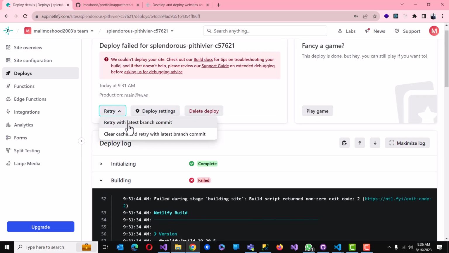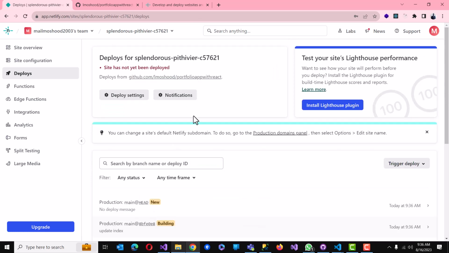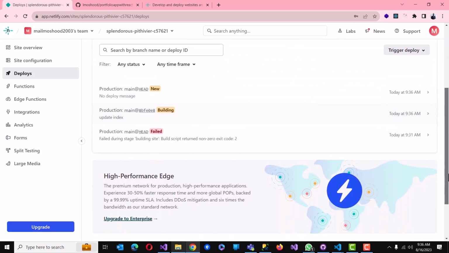You can see retry with latest branch commit or clear cache and retry with latest branch commit. So I'm going to say retry, clear cache and retry with the latest branch commit. Then it's going to start all over again